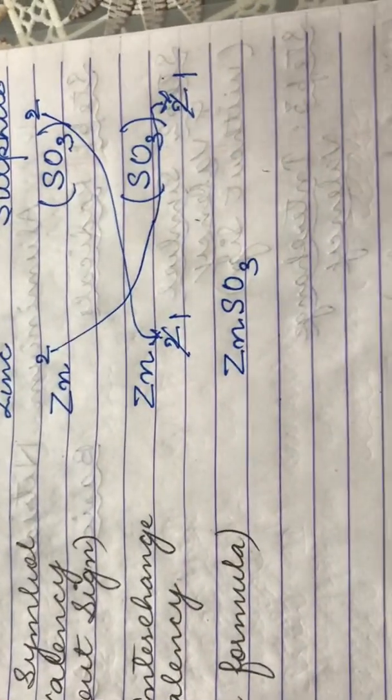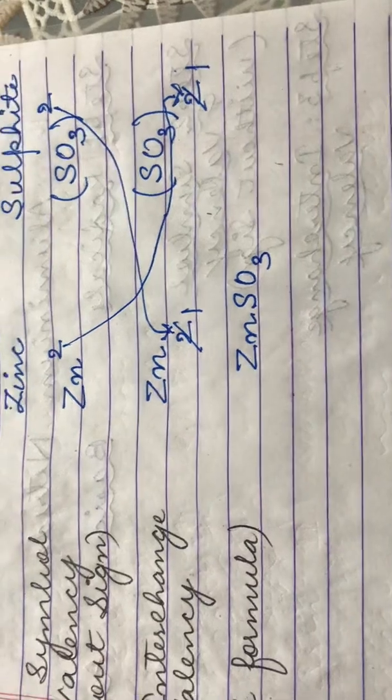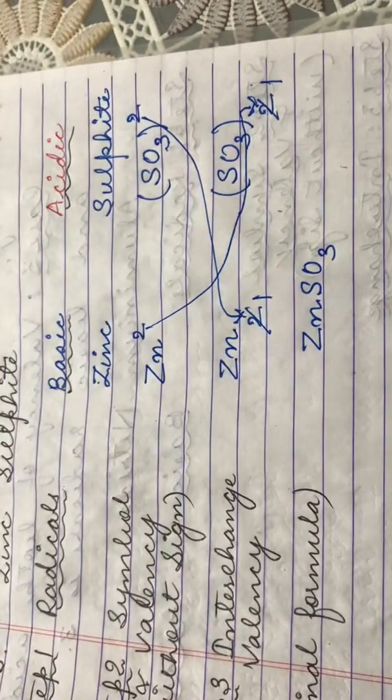I hope children, all of you have understood how to write the formulae of compounds which are formed from radicals where both of them have valency